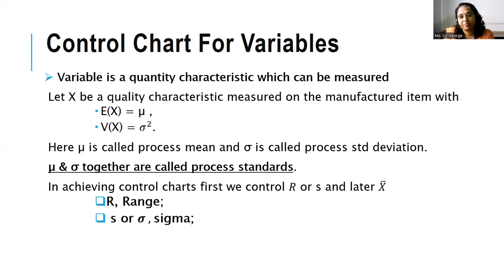Standard deviation sigma is the square root of the average of the squares of the deviations of the observations from their mean. And mean, as we all know, is the sum of all observations divided by the number of observations. So these three statistics, range, sigma, and X bar, these are the three statistics